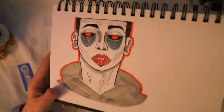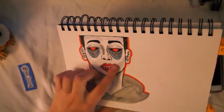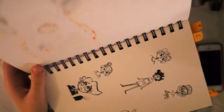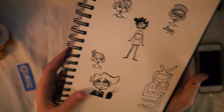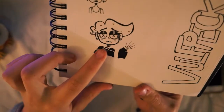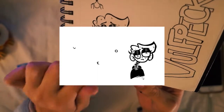But this is the next page, and this is just another 21 Pilots sort of doodle thing. It was inspired by the beginning of the hiatus. And then this is a band that you should definitely check out that my friend introduced me to. This is The Start. Well, not The Start, because The Start was digital, which was surprising, but the second step